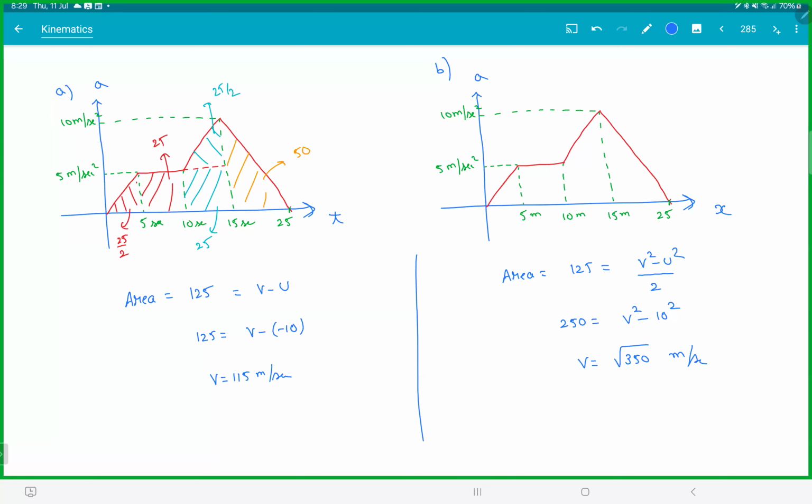Clear? The next one. Be careful with the next thing, which is a